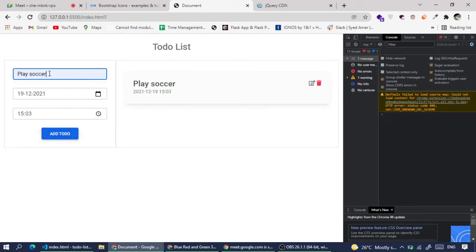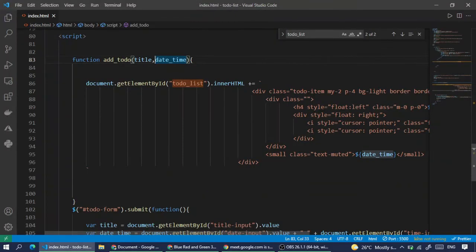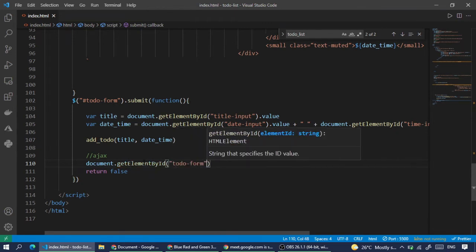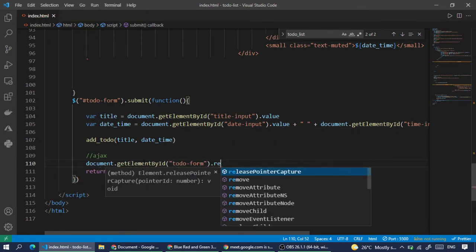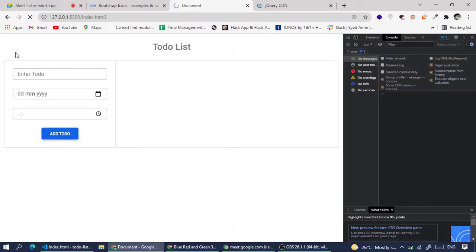And as you can see, once we submit the card, it should clear this form. So I'm going to clear the form, and see, it should empty these inputs, right? So for that, I'm going to use form.reset. So here, document.getElementById, this particular form, then reset. So it will reset the form once we add that to the card.